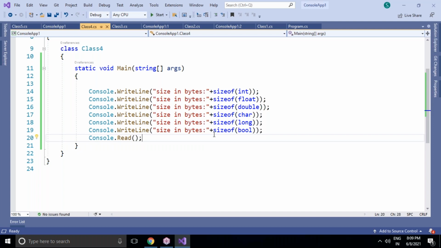Tomorrow we'll continue with a new topic: control statements. There are many control statements, like the if condition, if else, nested if, for loop, nested for loop, while loop, do while loop, switch case, break statement, continue, all those things.